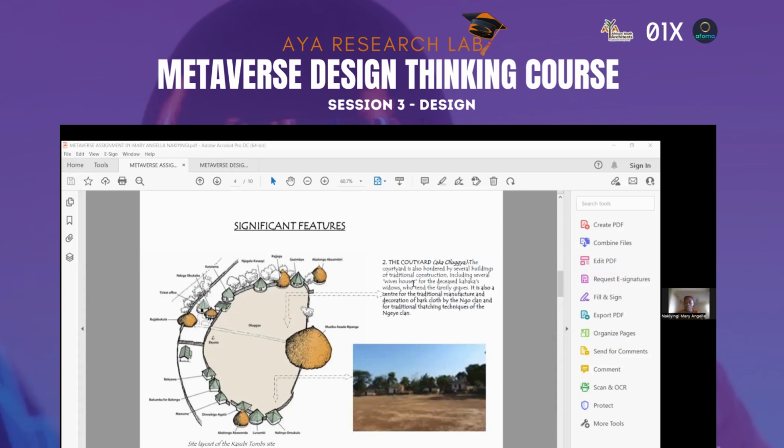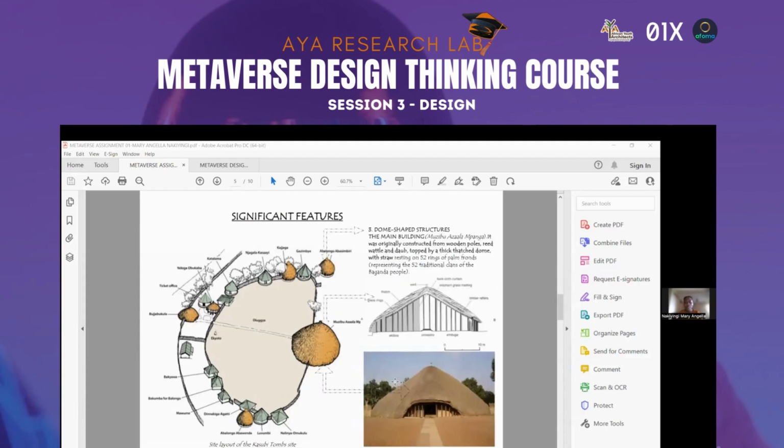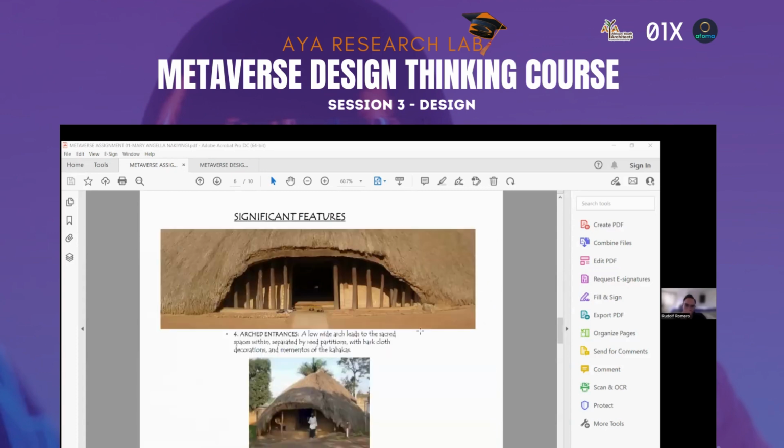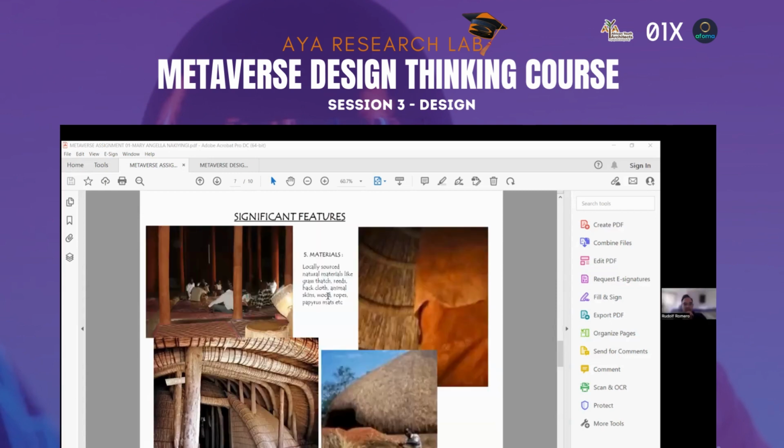In Uganda, we call it Oluja. Then we also see the dome-shaped structures in the form of huts, the arched entrances, and also the materials, the reeds. Amazing, though. Wow, that looks really amazing.